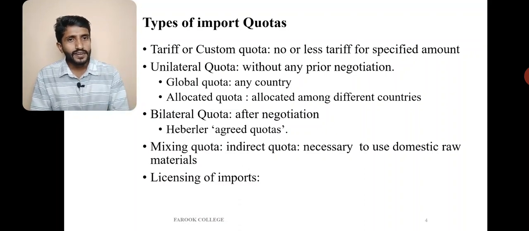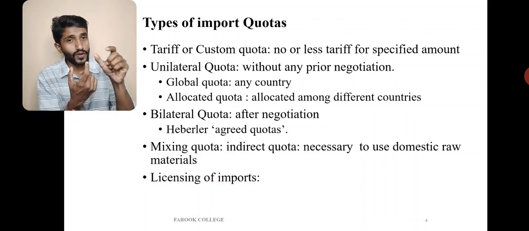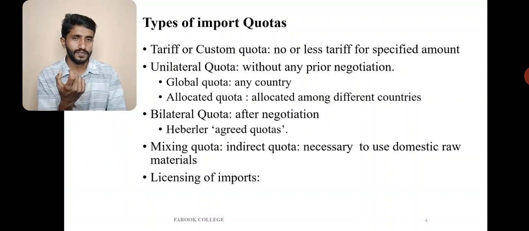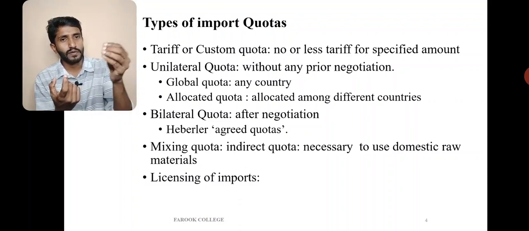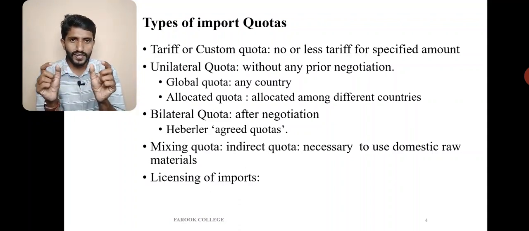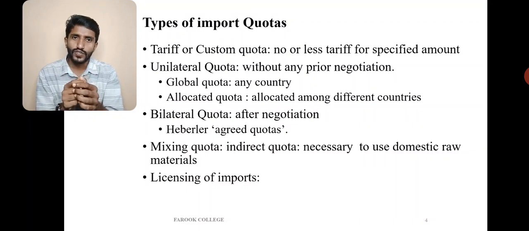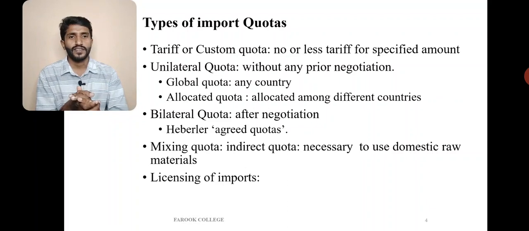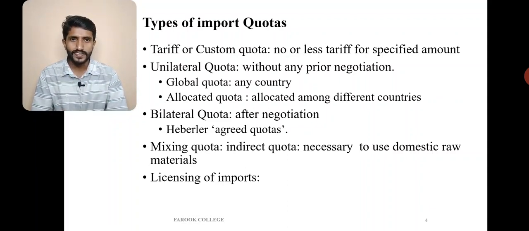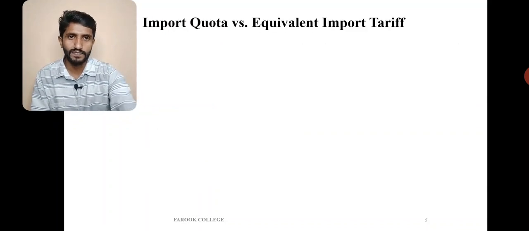Imports can be done, but through a license. The government can issue licenses for the importers, based on some regulations and also some terms. So if the government is issuing that license, that kind of products can be imported, or if there is any restriction on the quality, the commodities which satisfy that quality can be imported. So the government can issue the licenses. So through this also the government can adopt a quota system.